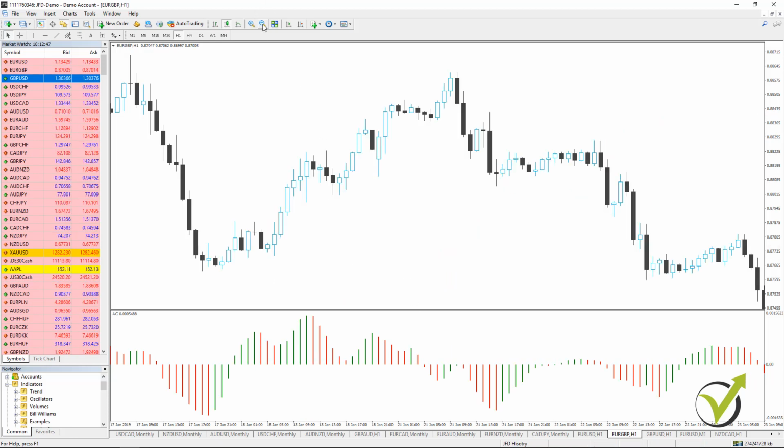So one more time, we enter the market when the oscillator changes its direction. So when from red we have one green, then on the opening of the next one we go long, and on the other side, when we see a series of green bars and we have one smaller or one red bar, on the opening of the next one we go short.